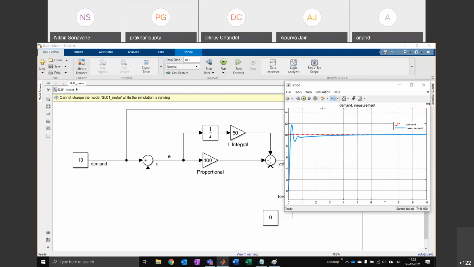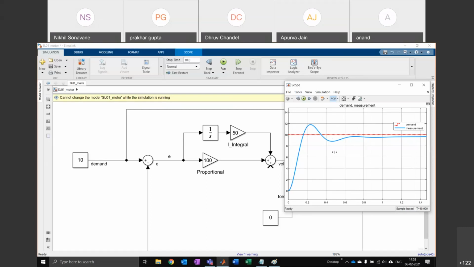Okay, so now if I zoom in here, I see I still have another problem. My problem is it is not going straight to that value, but it is still overshooting. And then it is coming down and then it is oscillating a few more times. So if my motor had to go to this speed, I don't want it to go to extra speed. Because I don't want my lift or my system to start with a jerk and then settle down. This is like bad engineering right here. You don't want this kind of oscillation.